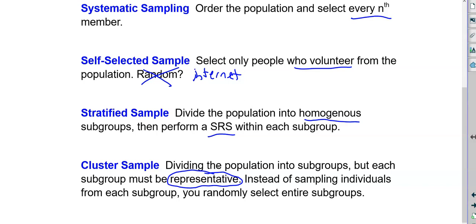You'd have to pick one that monetary-wise has a similar breakdown as the whole city of Memphis does. So you have some rich folks, some poor folks, some in between in a similar way to the real population. Age-wise, it'd have to be a population that has a similar breakdown. Gender-wise, I mean, you can look at all different things and say, well, it's supposed to be representative. It's very hard to do that because if you picked somewhere in Collierville, for the population of the Memphis area, that might be a little bit more well-off area, and it might not be representative racially. It might not be the representative you want.